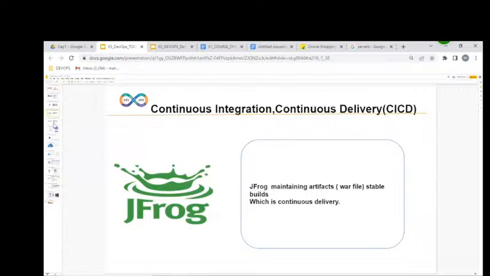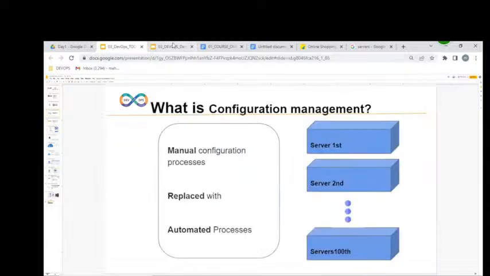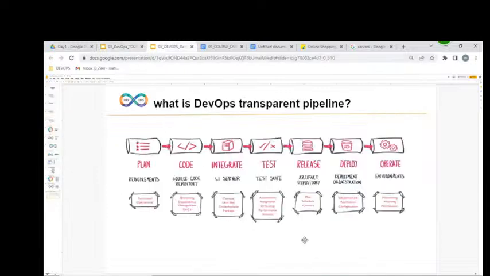Fine. After implementing our CI/CD pipeline, continuous integration, continuous delivery, we want to deploy our applications on hundreds of servers, right? How can we automate these hundreds of servers?